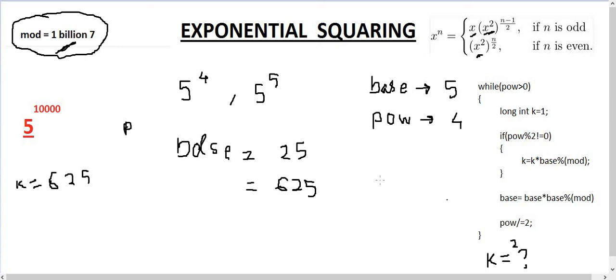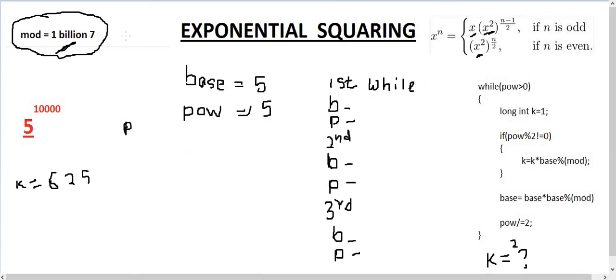Let's check the example 5 to the power 5. Let me clean this up. Let's continue with the example for power 5. It will enter this loop, and power 5 mod 2 is not equal to 0. So k would be initialized to k, that is 1 times base 5, mod. So it would be 5. So initial k will be 5 in this case.